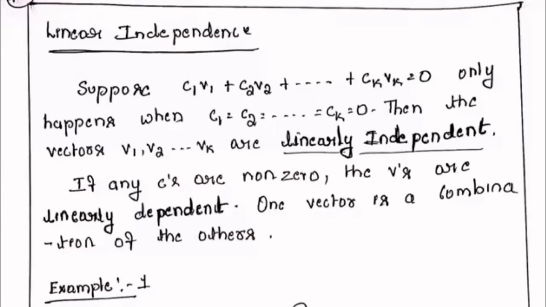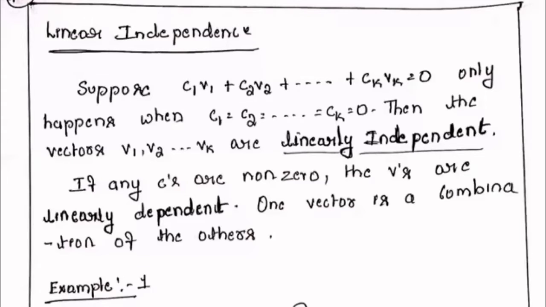So if you have an equation like this, c1 v1 plus c2 v2, where v1, v2, v3 up to vk are vectors and the c's are constants, and it equals 0, then c1, c2 should all be 0 to satisfy this condition. If c1, c2 and c3 must be 0 to satisfy this condition, then the vectors v1, v2 up to vk are linearly independent. So the conclusion is, you have a solution.